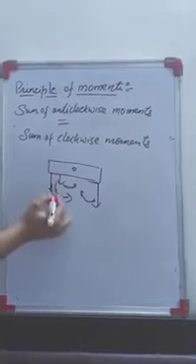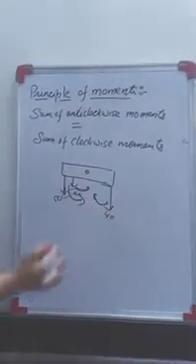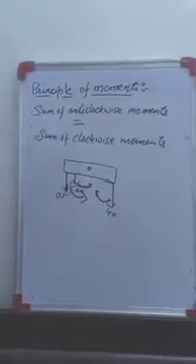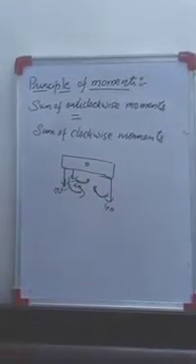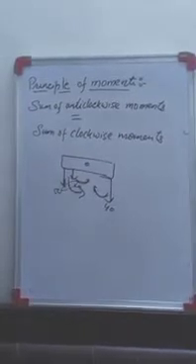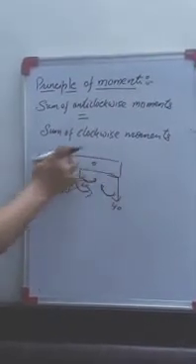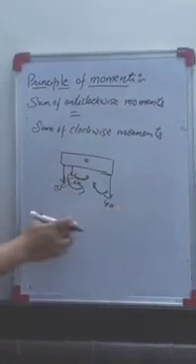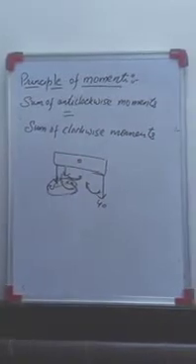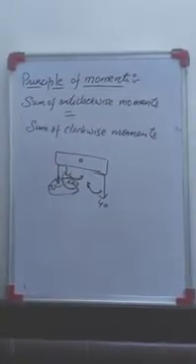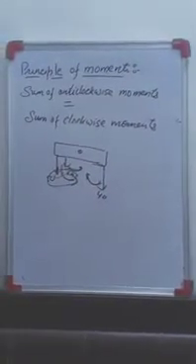Over here we are not calculating only the forces acting. If I say this is 50, this is 20 and this is 40, just by looking at the forces you cannot tell whether the body will move clockwise or anti-clockwise. What do you need to calculate? You need to calculate the moment first, because the rotation, whether clockwise or anti-clockwise, depends on the forces as well as the distances. That means you need to calculate the moments first, and only then can you tell in which direction the body will rotate.